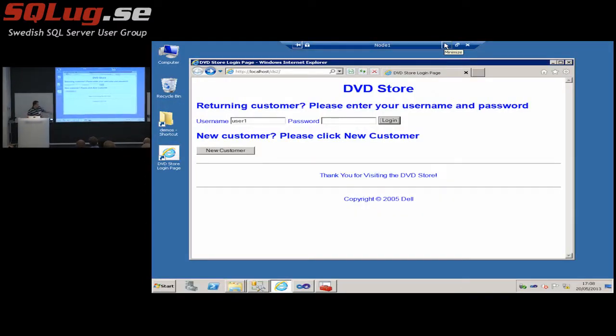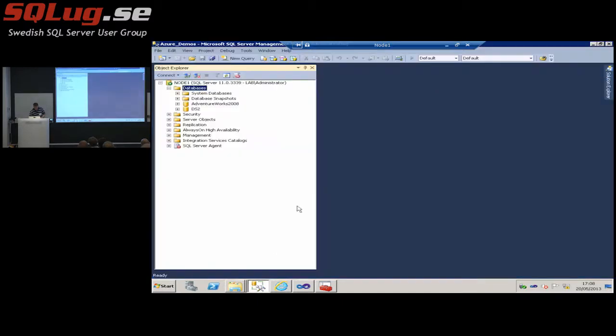I've got a VM here. It's running SQL Server 2012, it's running ASP.NET 4, and it's running the sample application. As you can see, no expense spared by Dell on this skin. The concept of a style sheet was completely lost on them. So it's just a functional application. It's using ADO.NET to fire queries at the SQL Server. So when I log in, you can imagine there's going to be a query against the customers table to retrieve it. If you go into the schema,